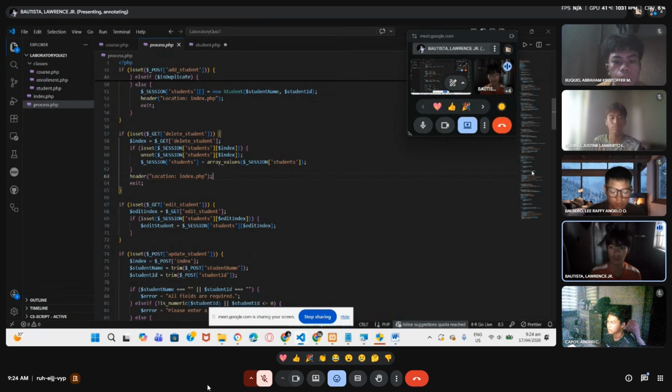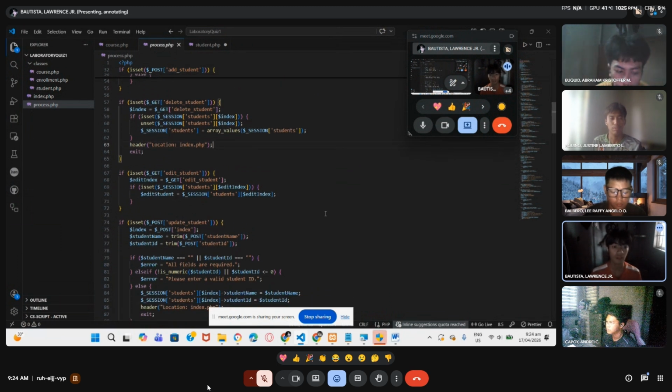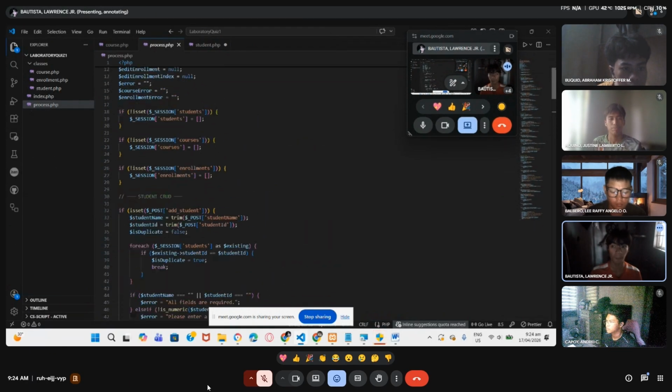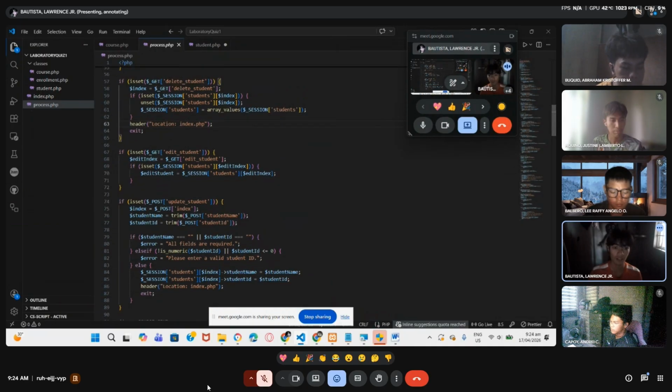Then for our edit student, just like delete student, it will get the index of the student. If the user clicks or chooses a student, it will return the index. Then the edit student variable that we have here at the top will be assigned to the student that is clicked by the user.